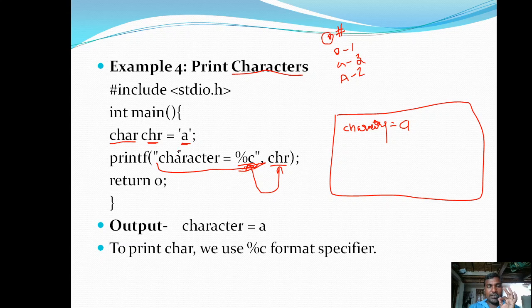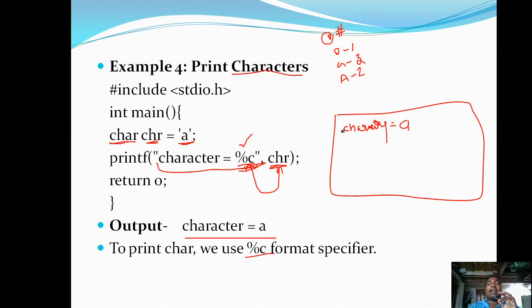For that purpose, I declare a variable chr of character data type. Then I store some character, A, in chr, and I print that A value with the help of this chr character variable. While handling a variable, we have to use the %c format specifier. So the output is character is equals to A. To print a character, we use the %c format specifier in the printf function.